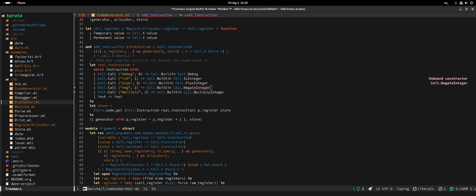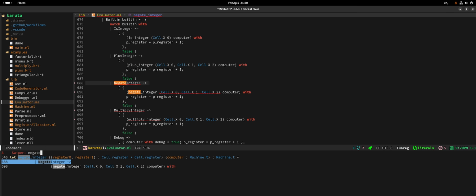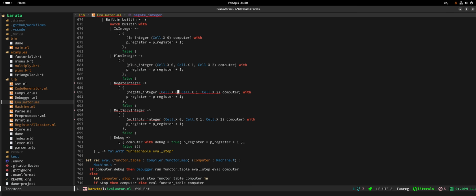At least one of them must. Yeah, this can be implemented with a single where pattern actually. At least one of the arguments must be bound to a constant. If they are both bound, we just check that they are equal. If they're both bound, we need to check if one is the negation of the other. If one is bound and the other is unbound, we just negate the bound one and